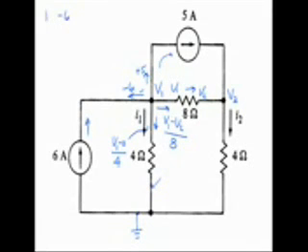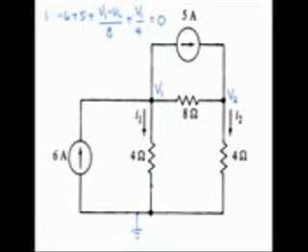So we have minus 6 plus 5 plus V1 minus V2 over 8 plus V1 over 4. Sum of that equals 0. Now in the same manner, we can indicate the currents that are exiting on this node,